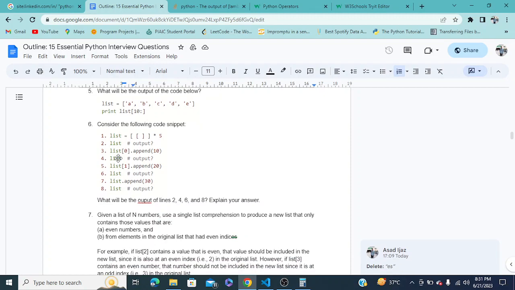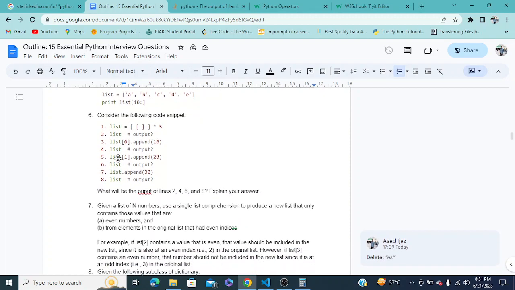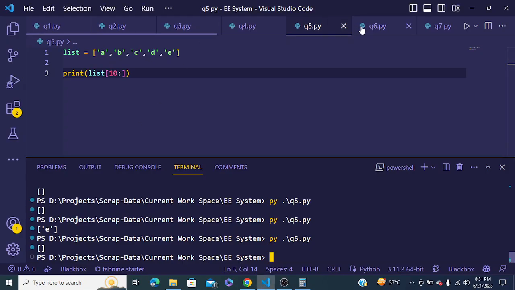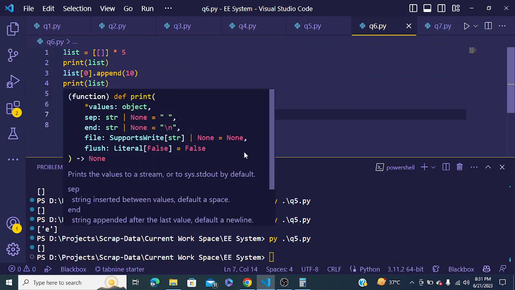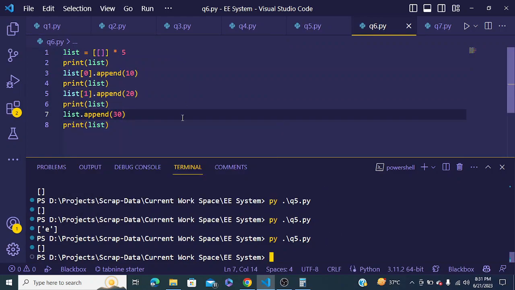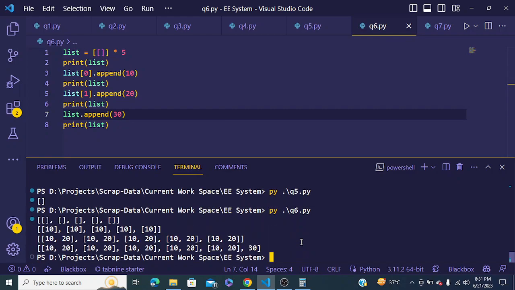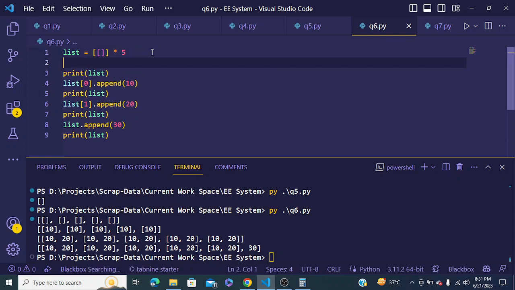Now let's jump to question number 6. In question number 6, consider the following code snippet. Okay, let's jump directly to our code. So now we have to run this code. Now you can see when we print it here,